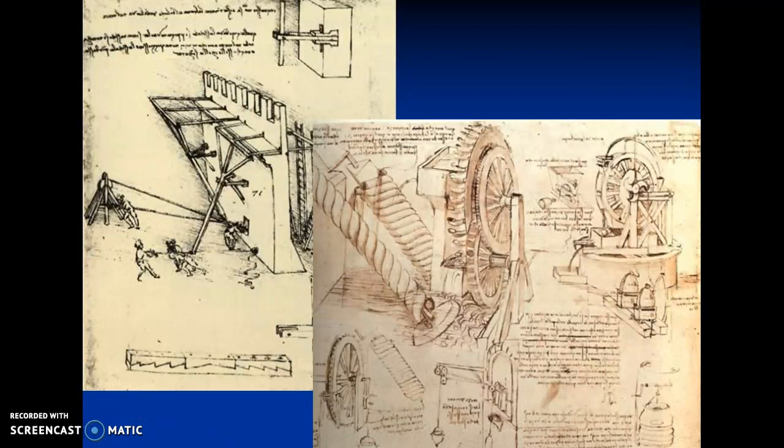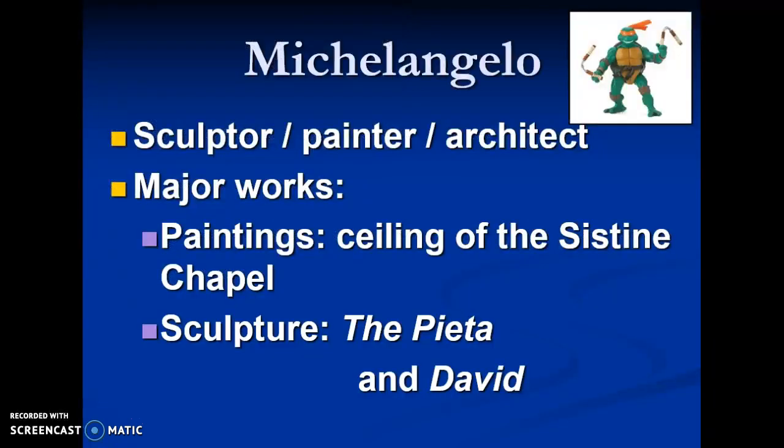Here are some other inventions that he's coming up with through his sketchbook. All right, moving on to Michelangelo. Now, he was primarily a sculptor, and we're going to look at two of his sculptures, but he's probably best known as a painter because he painted the ceiling of the Sistine Chapel. That is the Sistine Chapel, not the 16 Chapel. There's not 15 other chapels. We'll look at that in a second. And his two sculptures that he's most famous for are the Pieta and the David.